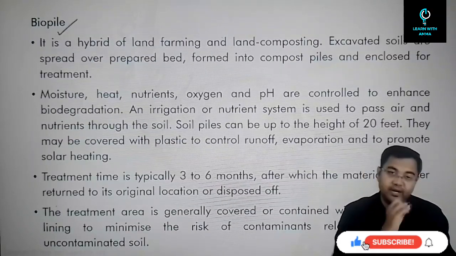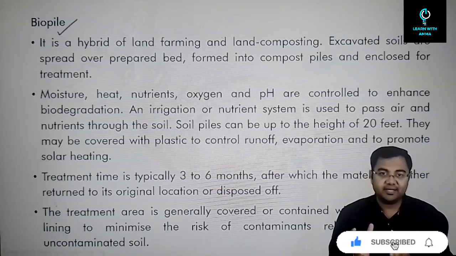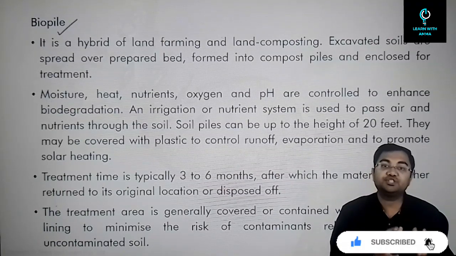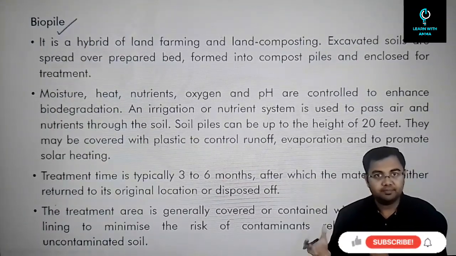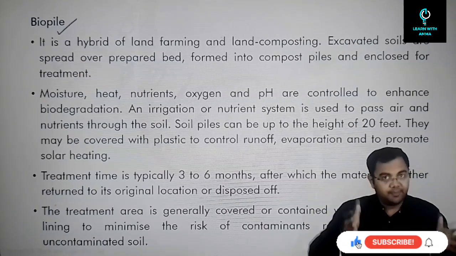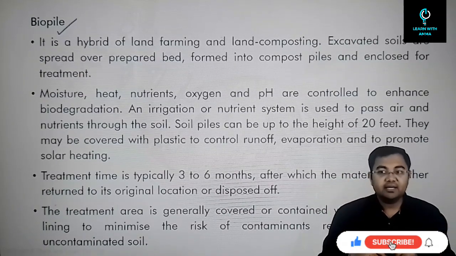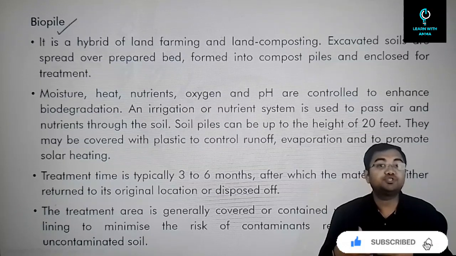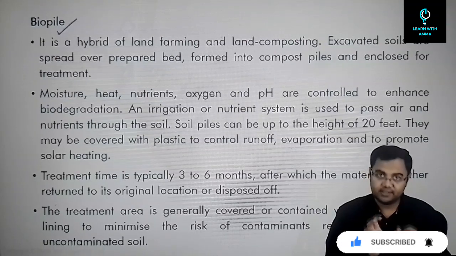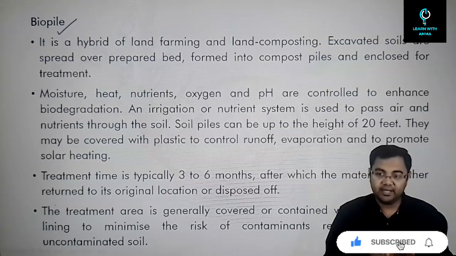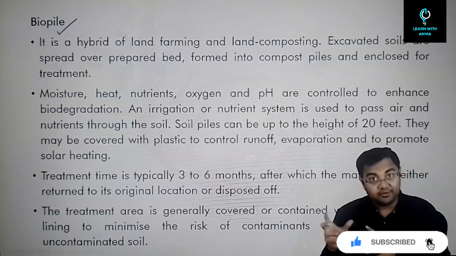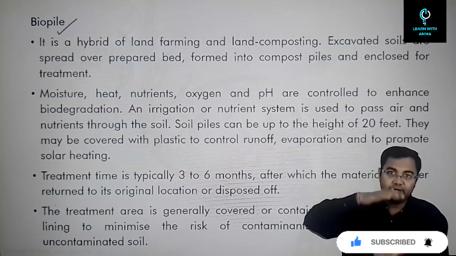Then after that you have biopile. In case of biopile, there are two things that are done. You can say that in a manner it is a combination of land farming and composting. So what we do is, again we'll take the soil away from the site, we'll prepare a bed just like we did in land farming, and then we will let compost be formed from here. We will make sure that the amount of nutrients being provided is adequate. All the other requirements, let's say oxygen and water, are also being provided adequately, pH level is being controlled, and it will form a kind of pile.